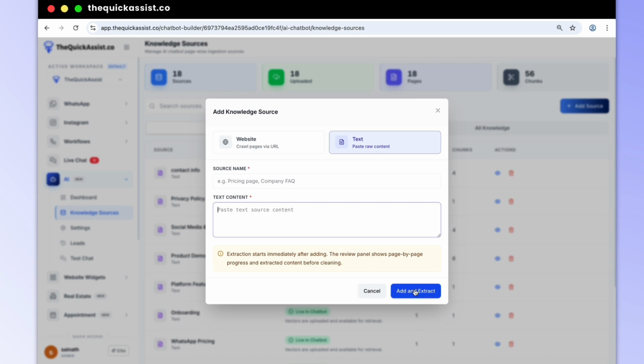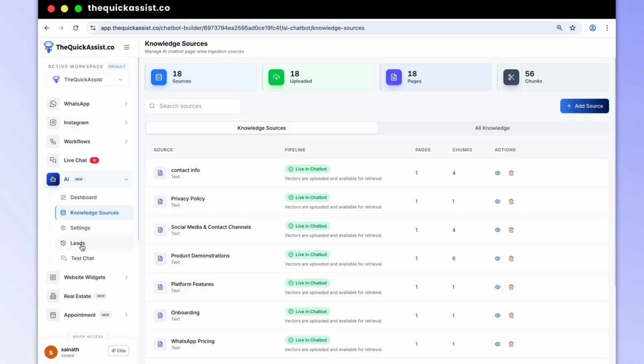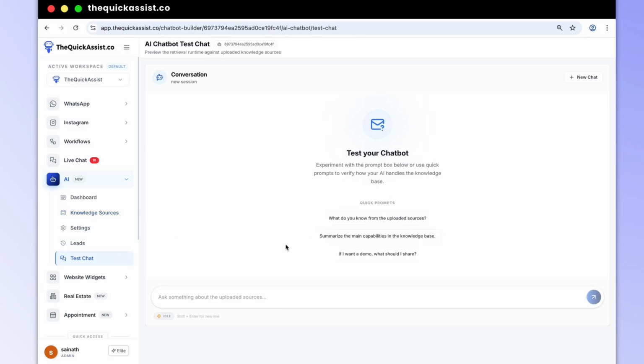Once we click Add and extract, the AI processes the data and starts using it in a conversation. Next, we can see Test Chat section. In Test Chat section, we can test our chatbot to know how actually it is responding.